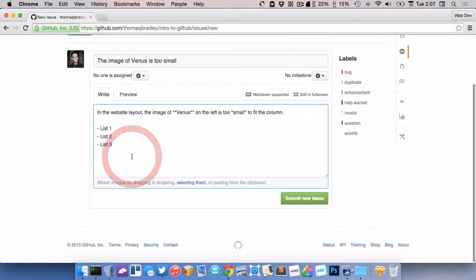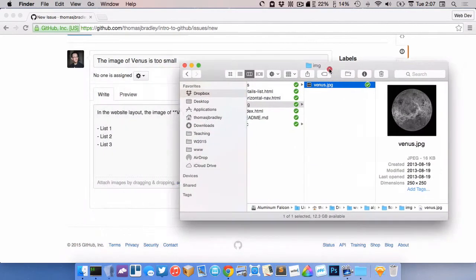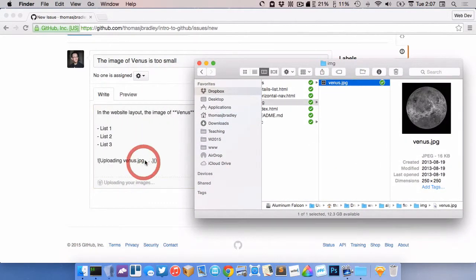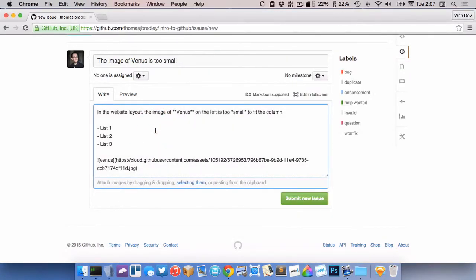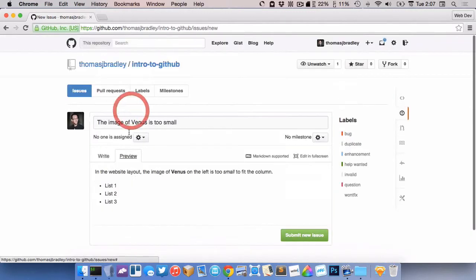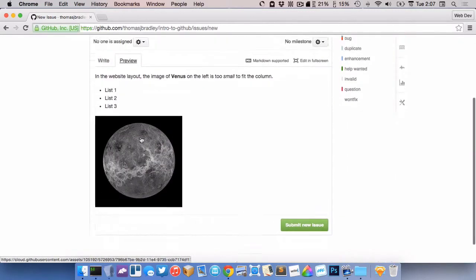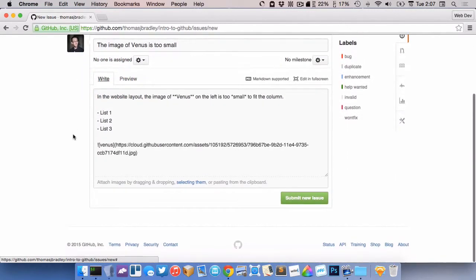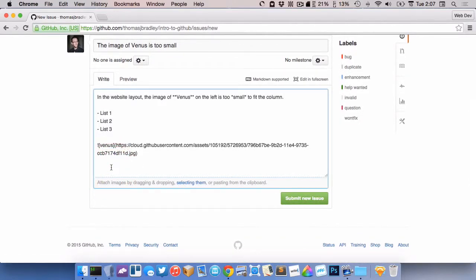Another thing you can do with issues is you can put images in here. So I have an image of the Venus image that's too small, so I'm just going to drag it in here so I know exactly which one is broken. So if I go to preview, you can see there is the image that I'm talking about. Other things you can do is you can mention other people. So if you want to mention me as an example, which doesn't make sense because this is my issue, but I could just write my GitHub username like this, and it would send me a notification that I was mentioned